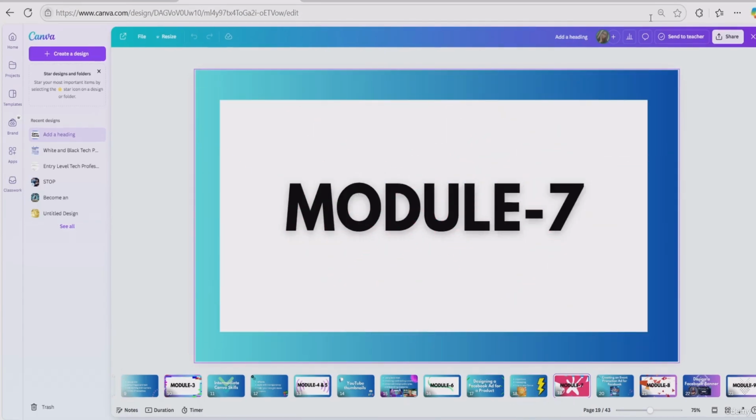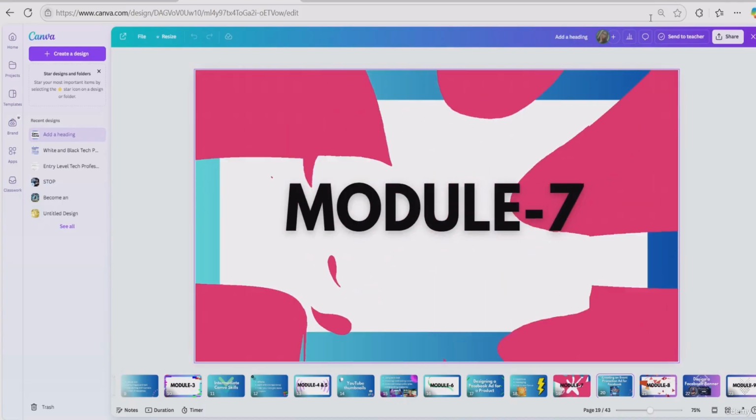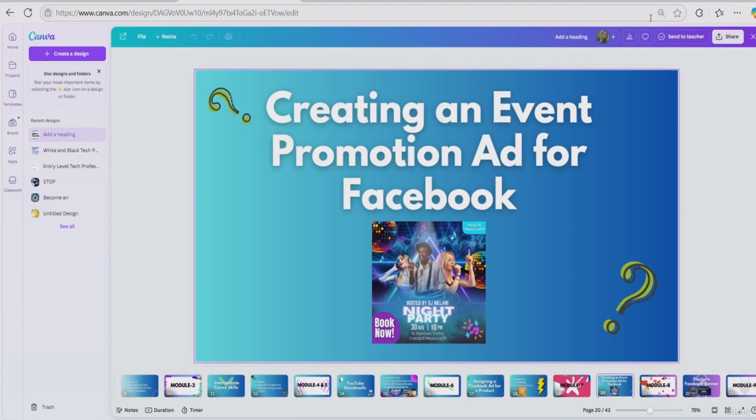To module 7, which is all about event promotion ads for Facebook. Whether you are promoting a local event or an online webinar, module 7 is here to help. We will show you how to create event promotion ads that stand out in the crowded Facebook feed. You will learn how to highlight key details, use vibrant images, and ensure your ad is more mobile friendly. Like you can see here, this is the kind of Facebook ad that is used for event promotion. It is really engaging. We have used different colors here. All that stuff and coloring part we are going to learn in the further modules, and it is really exciting.